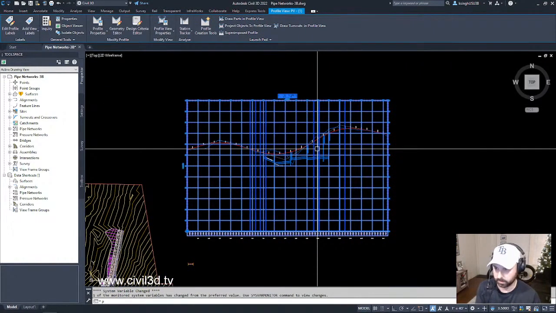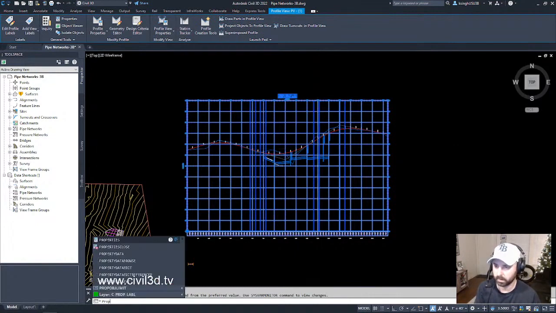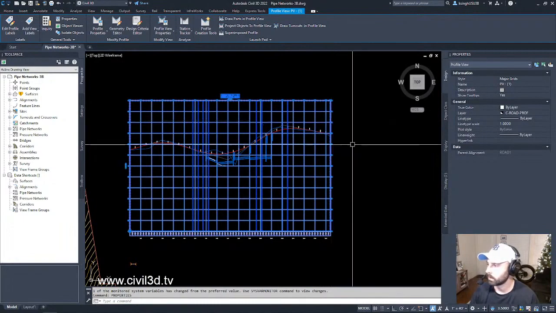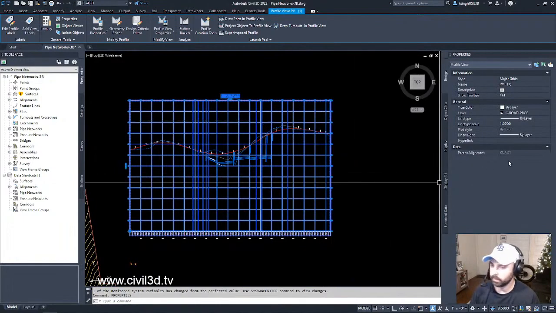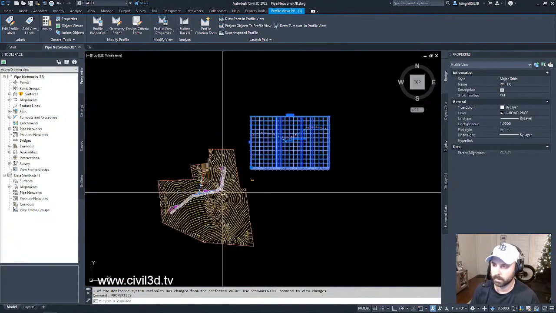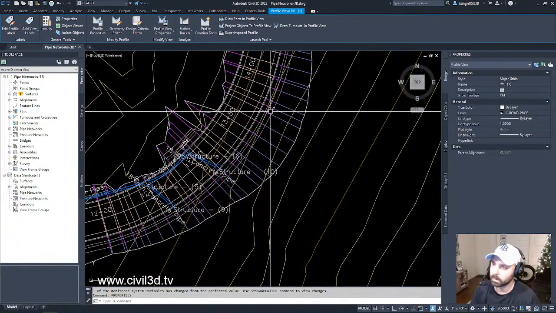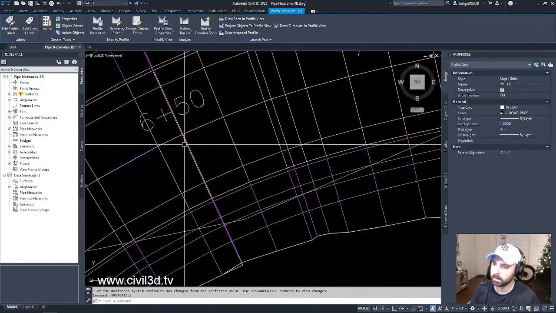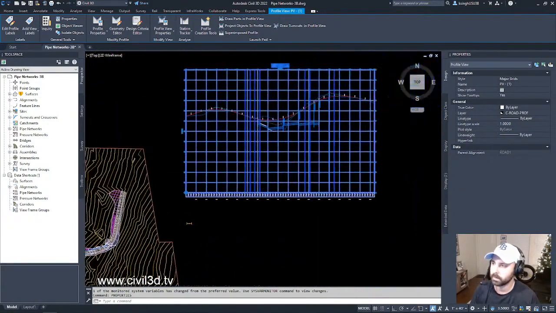Let's type in properties, P-R-O-P. Okay, our parent alignment is road 1. And you can see, no, it doesn't highlight it here. But anyways,